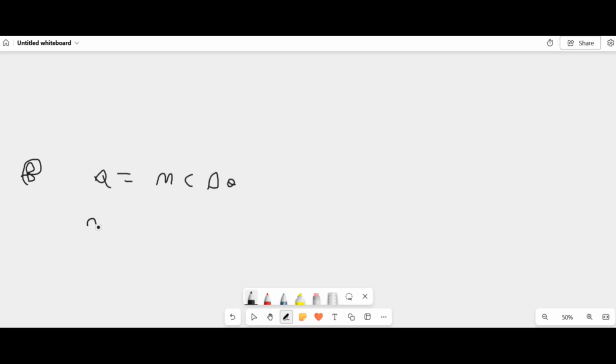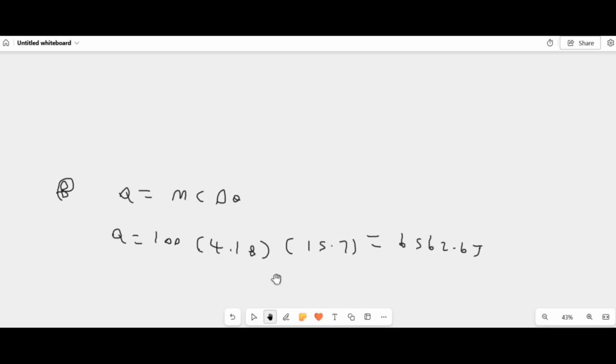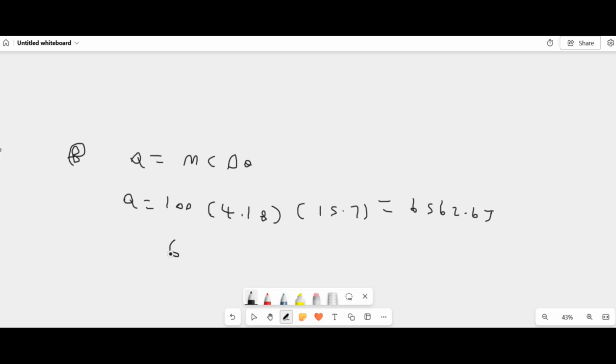So obviously Q is energy. So Q equals 100, which is the mass of water. 100 centimeter cube, obviously centimeter cube and mass is the same thing. Alright, cool. And then 4.18 is the C. And then delta theta is 15.7 degrees. So now you times that together, you get 6562.6 joules. Alright, calm. Now obviously divide that by 1,000 to get kilojoules,